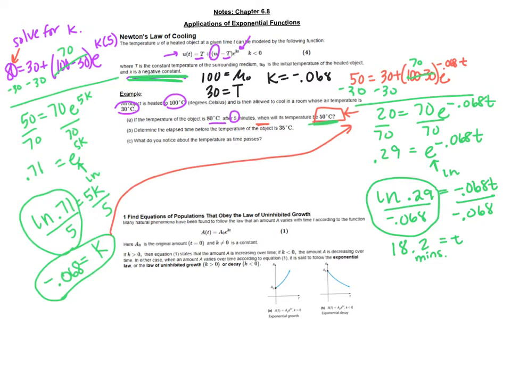So all I'm going to do in this problem, same thing like last time, I'm going to use that 35 in place of the 80, in place of the 50, right? I'm just going to plug it in and figure out the time, find my t. So let's do it. I'm going to say 35 equals 30 plus 100 minus 30 e to the negative 0.068 t. All right. Solving this,